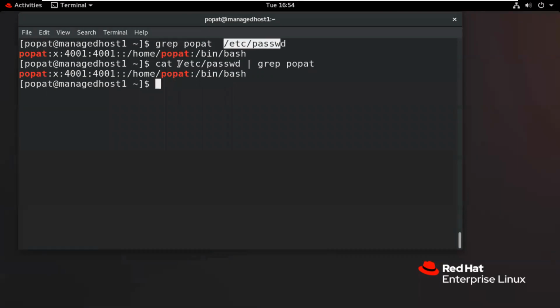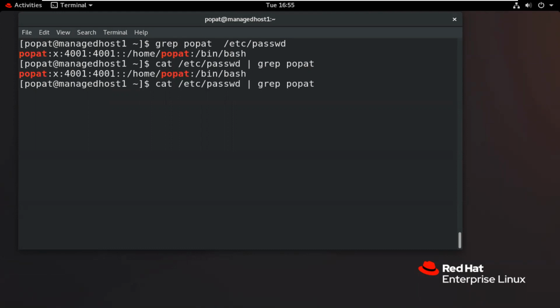The output of this particular command will be the input. It will take the input from this one. So the output of this command will be input for this command. So this sign is used to combine more than one command. So this is the use of the pipe sign.